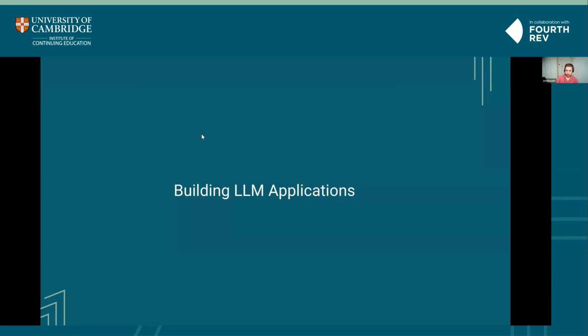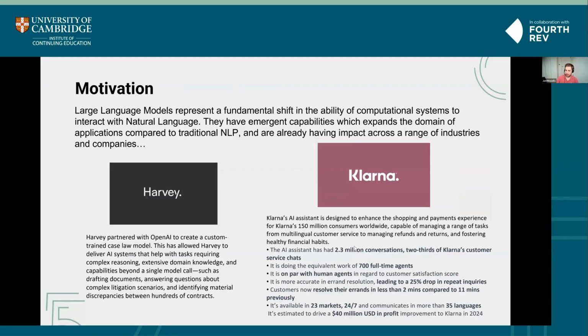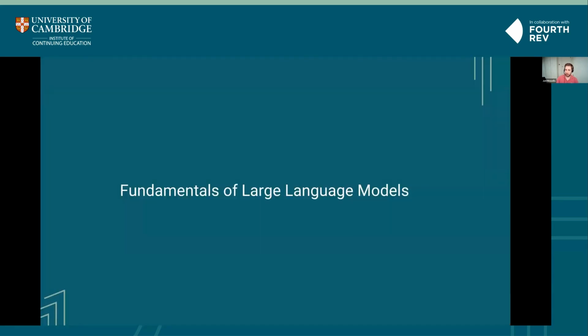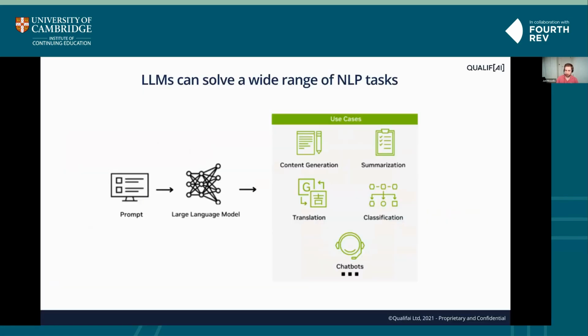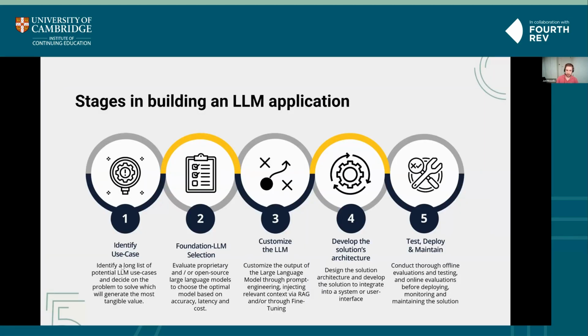I think going back to these examples I showed earlier, there are some clear outcomes here: it's saving time from agents, here it's saving time from lawyers. That's clear operational efficiencies that you can put a number to. So I think spending the right time to long list all the applications that you may have of a large language model within your team or organization, and then evaluating each on their potential benefits as well as the challenges. Do you have the right data available? Is it something that large language models are currently capable of doing?